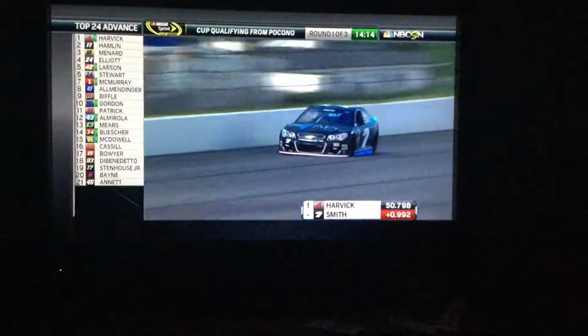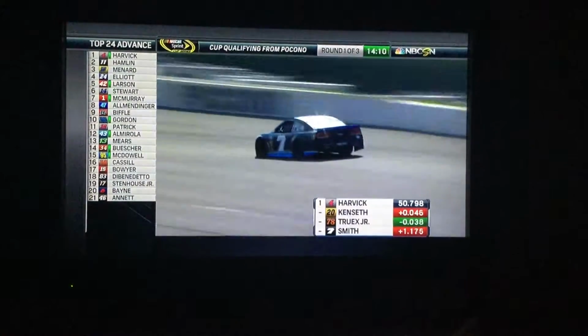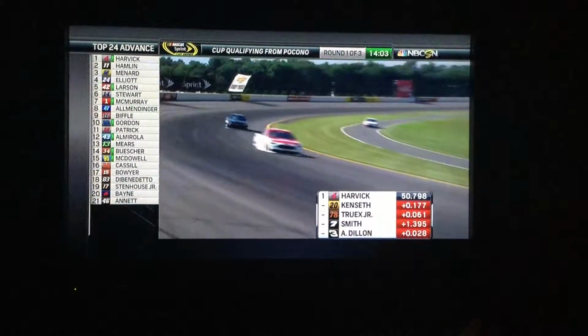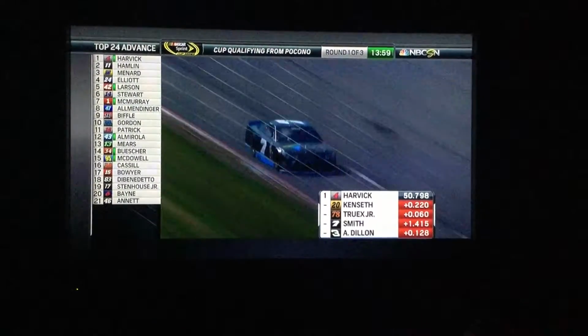One thing to notice as you're looking at these race cars: what do we see? We see cloud cover. There's a shaded racetrack. So quite possibly, just like Indianapolis, we could have a little bit quicker times now. We see the sun in turn 3. This racetrack is so big you can have shade in one part and sun in the other, but there is shade around the majority of